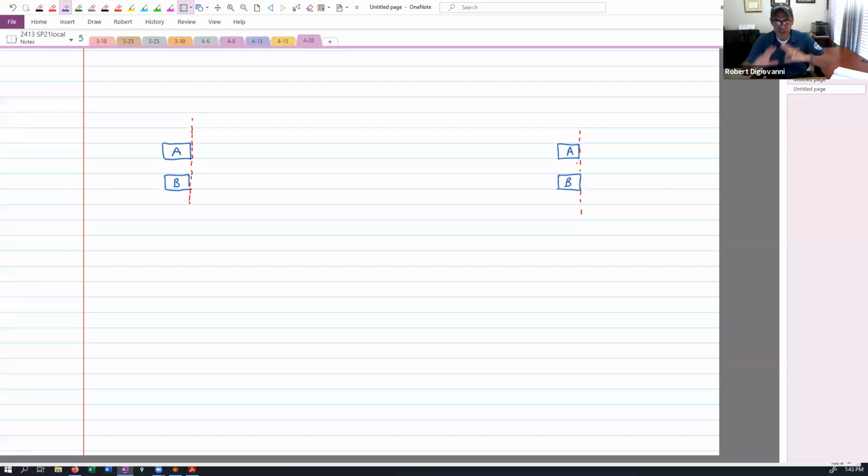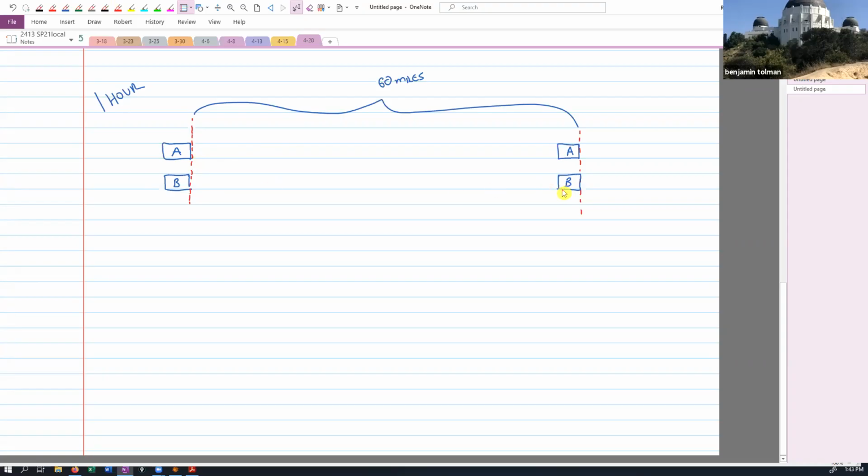So just to make things easy, just so you can really try and visualize this, let's say that this was 60 miles. I know that's crazy. And let's say that it took them both 1 hour, right? Then at some point in time, car A had to be going 60 miles per hour, yes? And at some point in time, car B had to be going 60 miles per hour, yes? Was it at the same point in time? No. Doesn't have to be. Not necessarily.